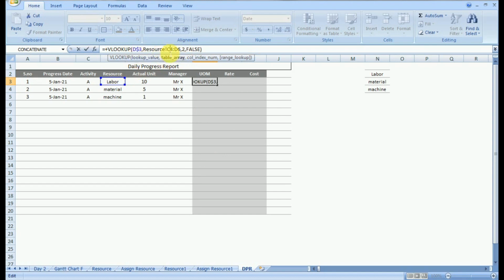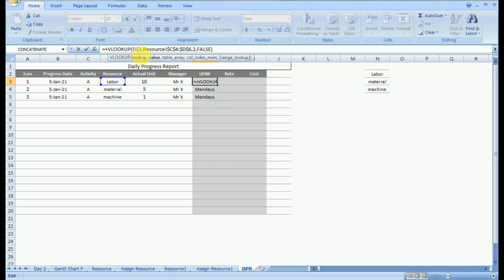Now we can move this blue selected cell in the downward direction, or in the vertical direction, but we do not want it to move in the horizontal direction. And any range, any tabular range which we have given, we will lock it because we want the range to be fixed. So here we have made the error.